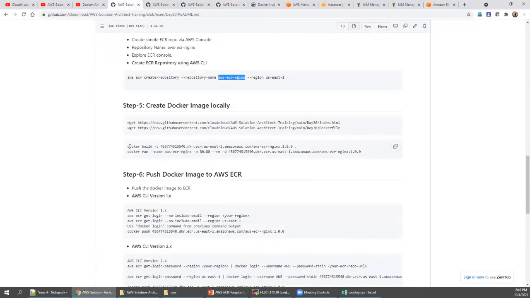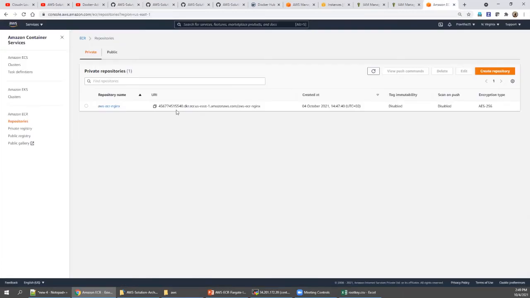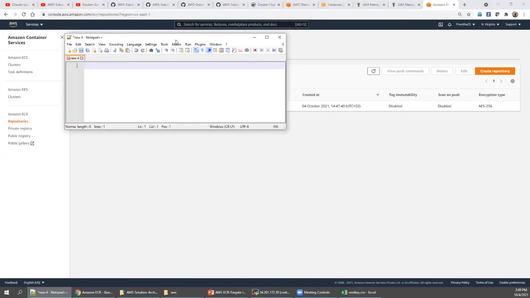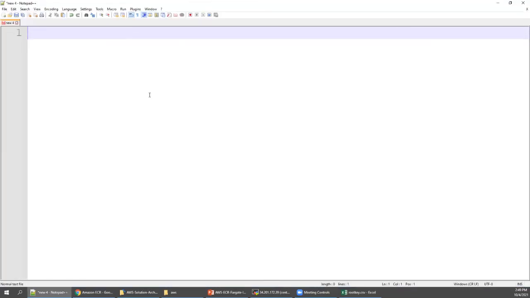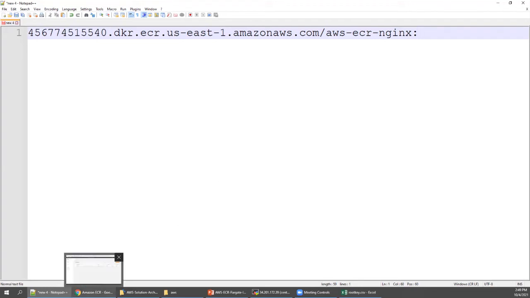Now we need to build the image according to our repository. What is our repository? Go back here, the one we just created. Copy this and bring up an empty notepad. Paste it. So this is my repository, colon, and what is the tag? Either you can say 1.0 or 1.1, it's up to you.